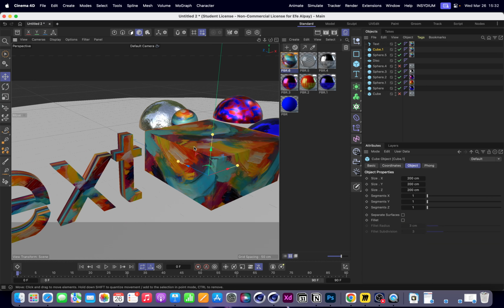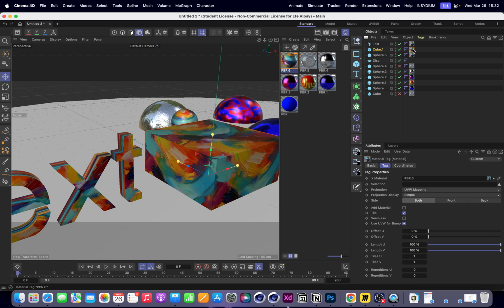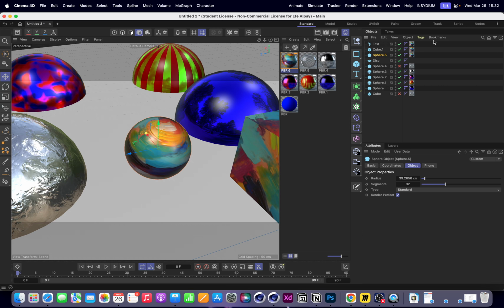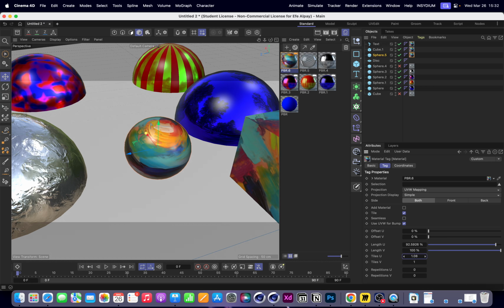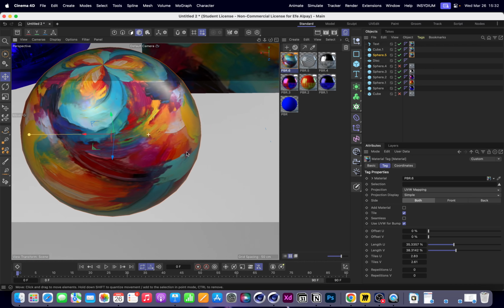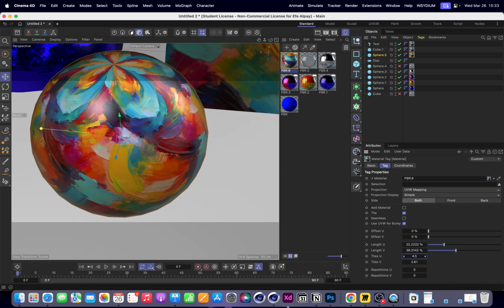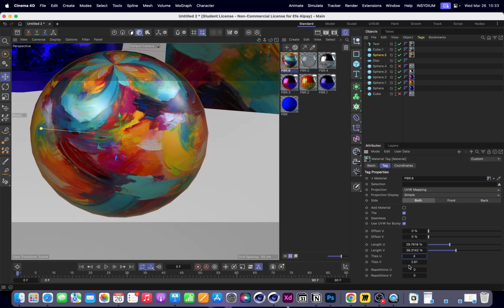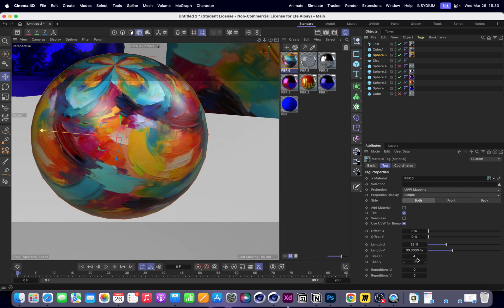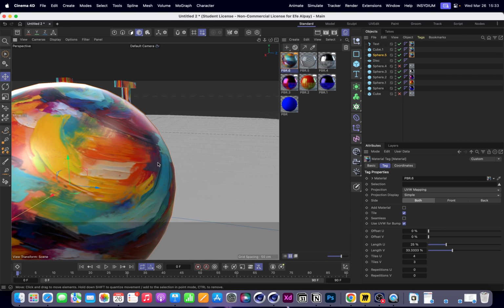For example, if you click on this cube and click on the material tag, you can adjust how many tiles it will be repeated in each direction. For example, let's go to here and increase tiles in U and V directions so that you can see that you are tiling them more and more, right? If you write whole numbers, the boundaries will not be visible, it will be a seamless